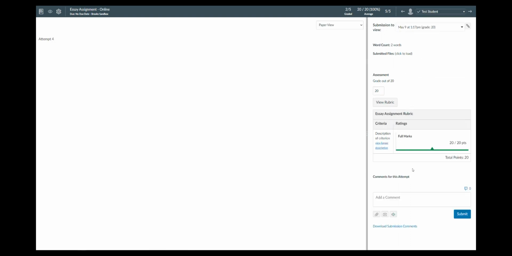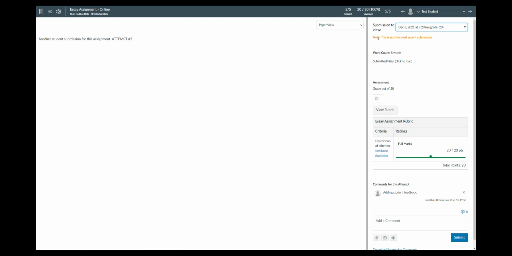Moving down this right-hand side panel here, the first option is just going to be the submissions. So this option would be visible if you allowed your students to submit multiple times to a single assignment. Here you can see my student has submitted 4 different times for this assignment. Important to note, if you are not on the most recent submission, Canvas will alert you. So it's important to look at this to ensure you are grading the most recent submission from your student, if